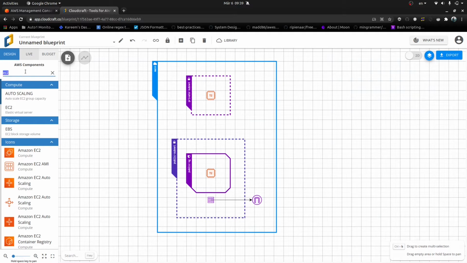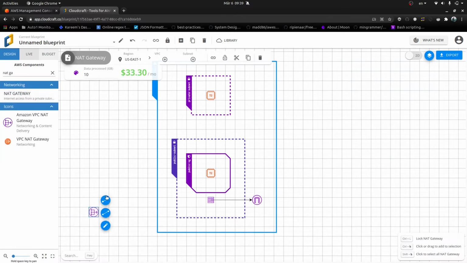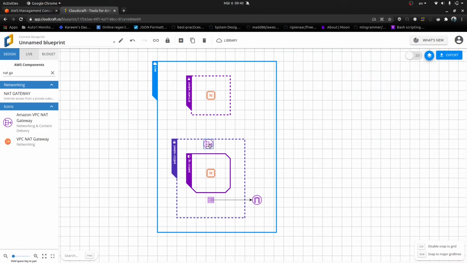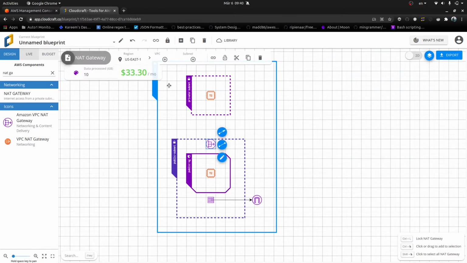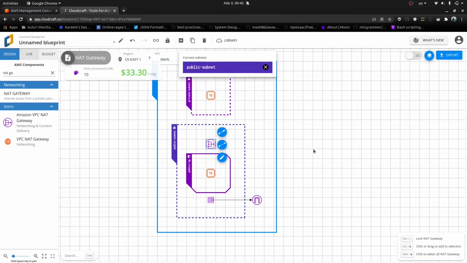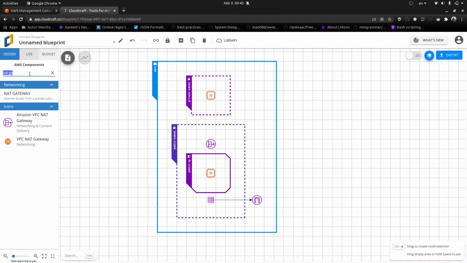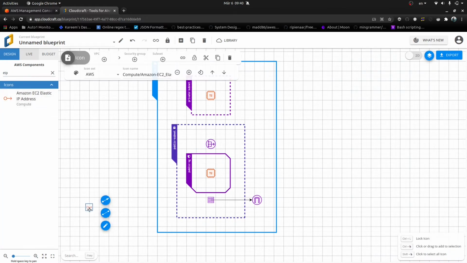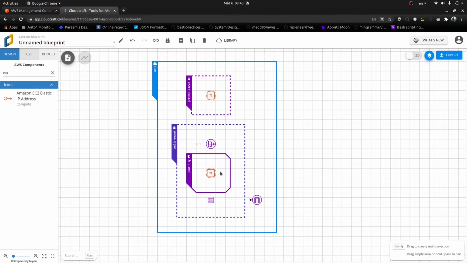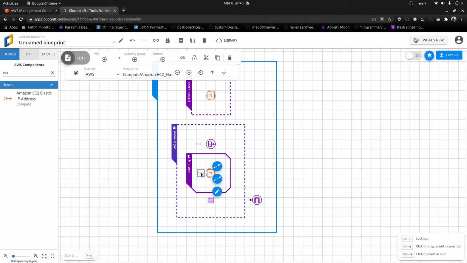So for that, we can use NAT gateway. And to set up a NAT gateway, we need an elastic IP address, and we need to put it inside a public subnet. So I'm gonna put it inside this public subnet that I created earlier, and I need to associate an elastic IP address with it. Also, for my EC2 instance, I'm gonna associate an elastic IP address so that whenever we restart our machine, we will have a static IP address. It will not be dynamic.